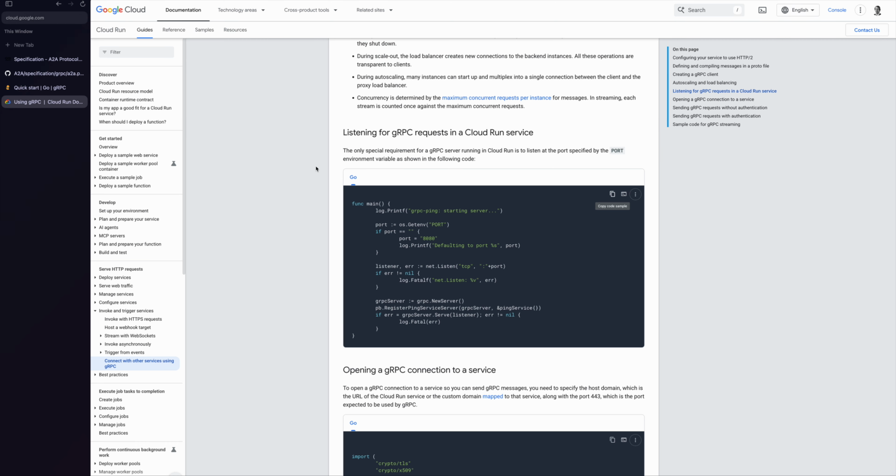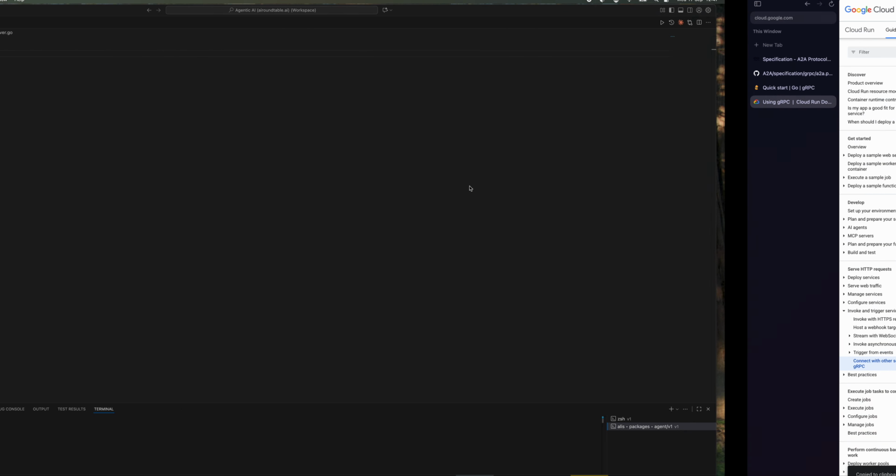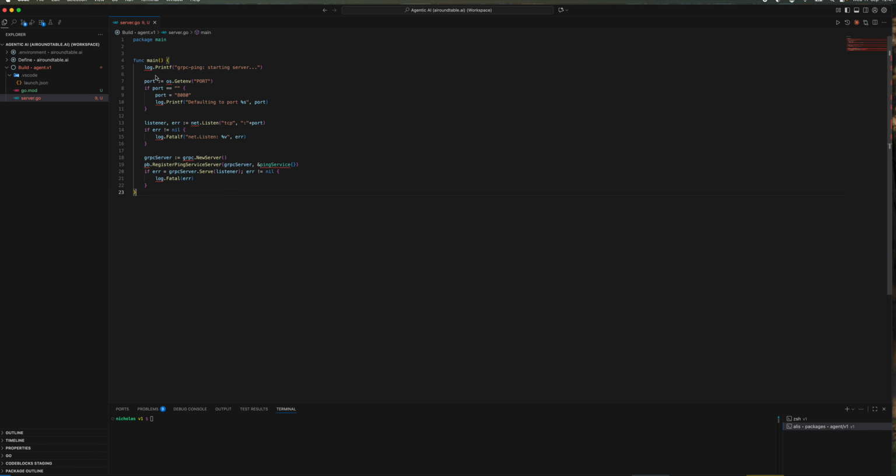Fortunately, the Google Cloud documentation for Cloud Run specifies an example of this for us. Google Cloud Run as a service is really great for this because HTTP2 transport is supported, so we can use Cloud Run to support our A2A gRPC server. I'm just going to copy this across here, and as a starting point, to simplify this a little bit, I'm going to hard code the port